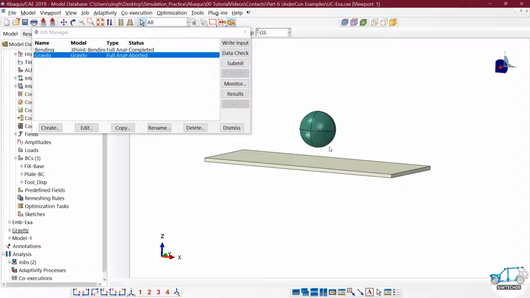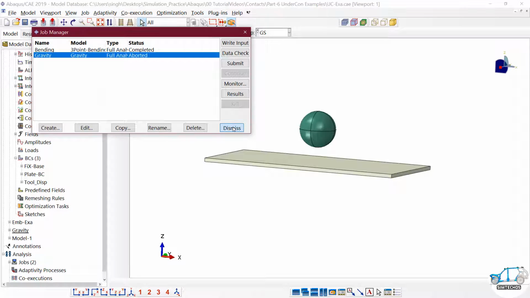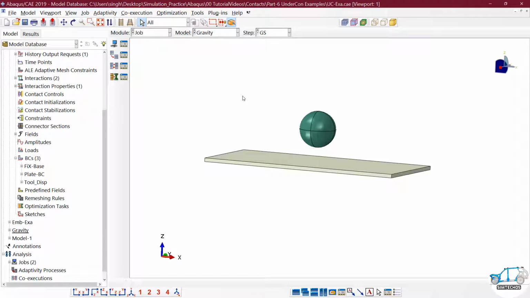So static equilibrium can't be achieved here, but we need dynamic equilibrium. So what do we have to do? We have to go with the implicit dynamic or explicit dynamic step. Again, this also comes under an under-constraint problem, because this particular component is not fully constrained.